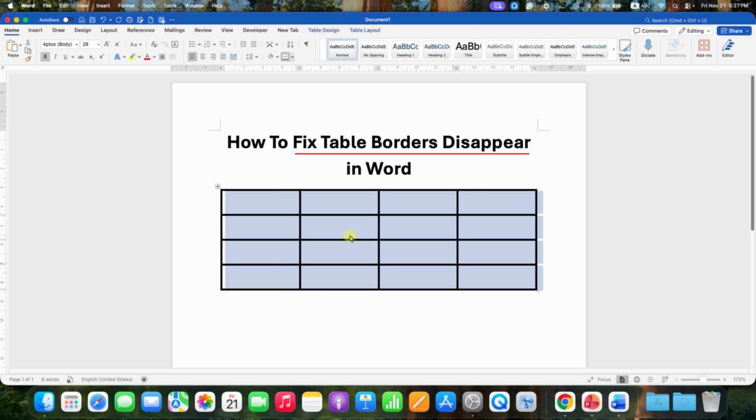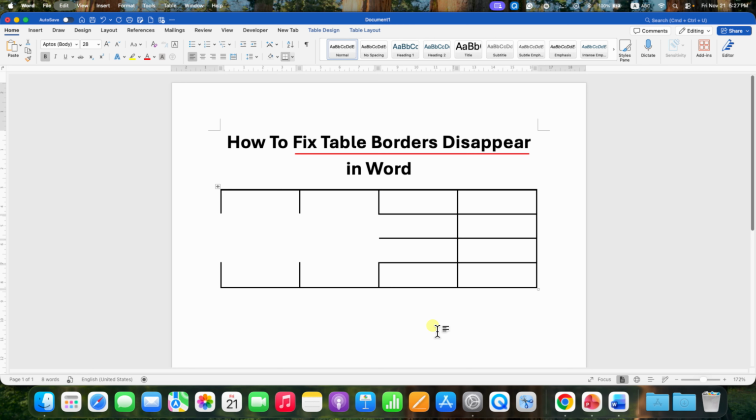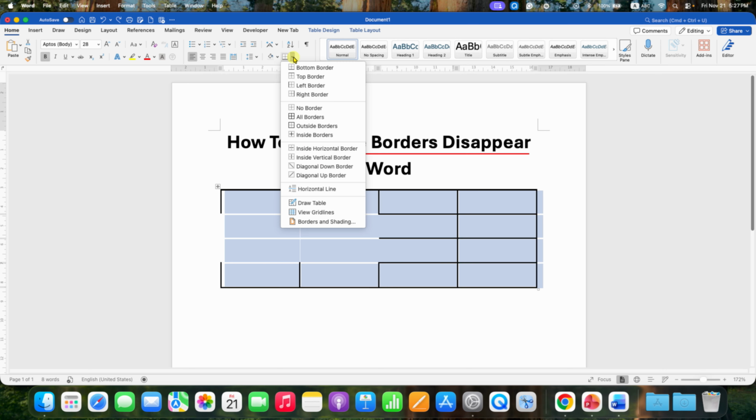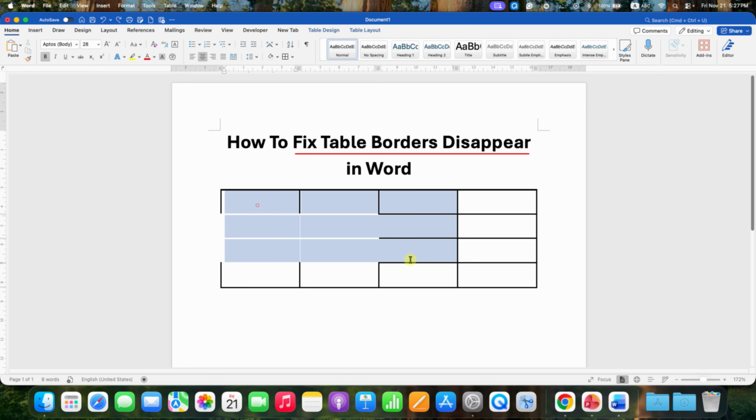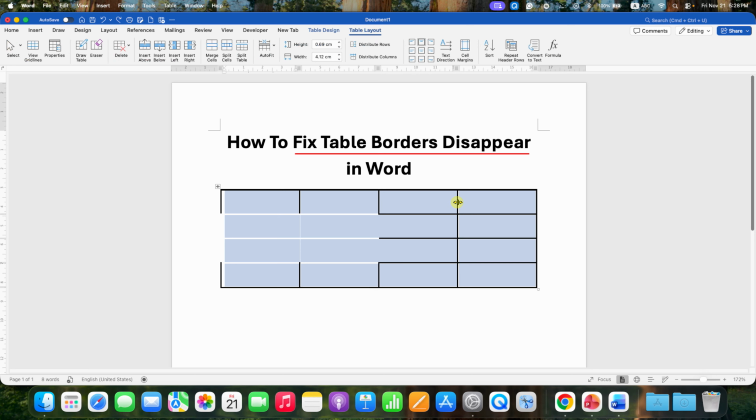In case this doesn't work for you, you can select the table. Then here you will see the option of table borders. You just have to select the option all borders. If this also doesn't work for you, you can again select the table, go to the table layout tab,